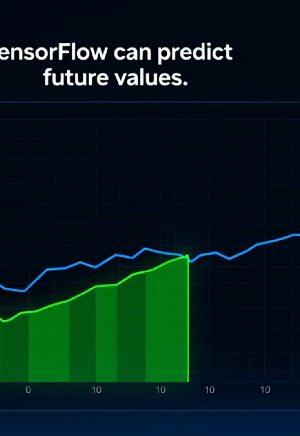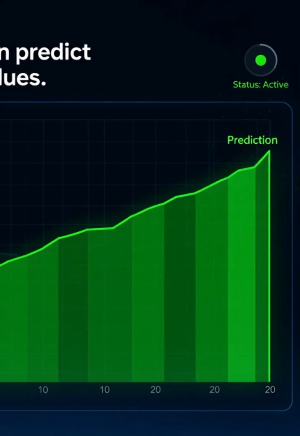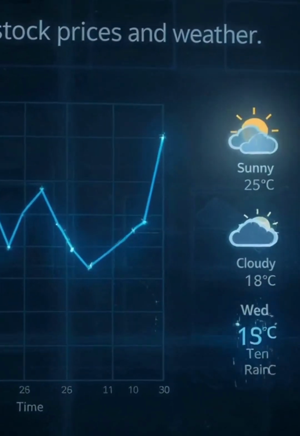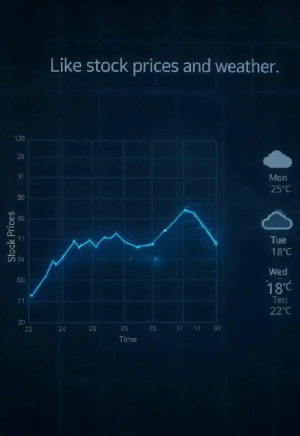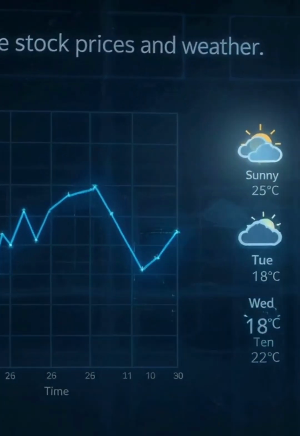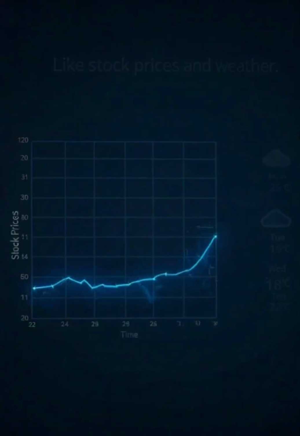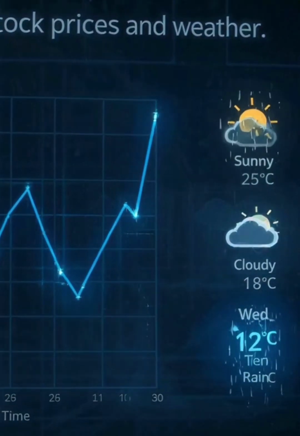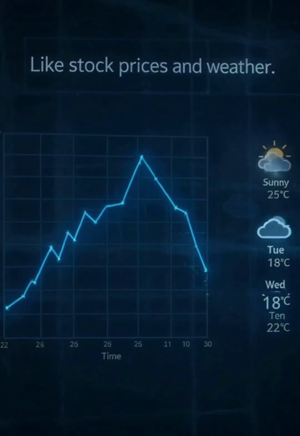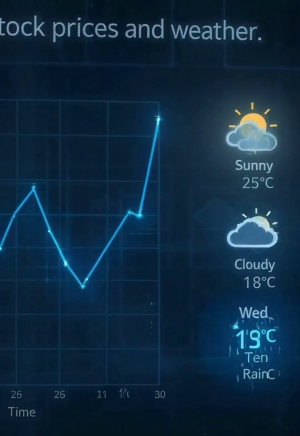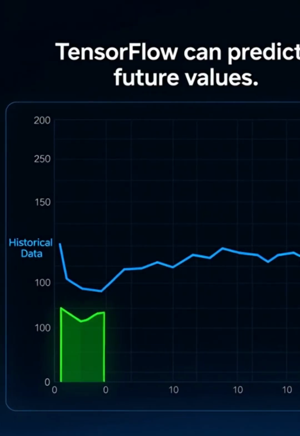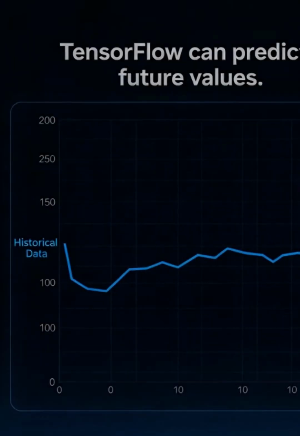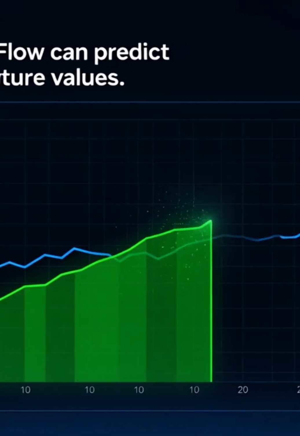TensorFlow is excellent for predicting future values in time series data, like stock market prices, for example next day's closing price, or wheat production, crop yield forecasting, often called production in agriculture contexts. These are classic time series forecasting problems where past patterns help predict future ones. In 2026, the most common and effective approach uses LSTM, long short-term memory networks, a type of RNN in TensorFlow/Keras, because they handle sequential data well and remember long-term dependencies, for example seasonal trends in wheat or market cycles in stocks.